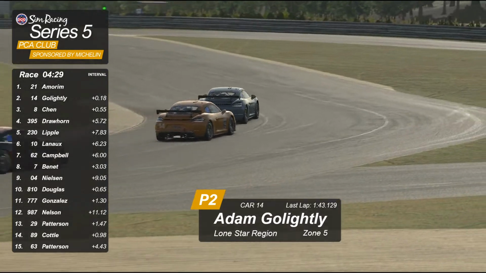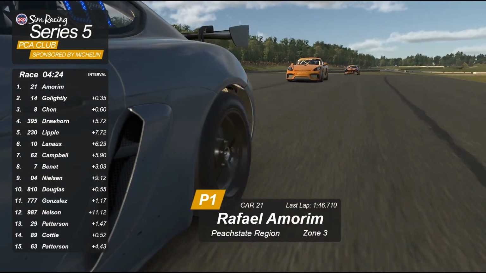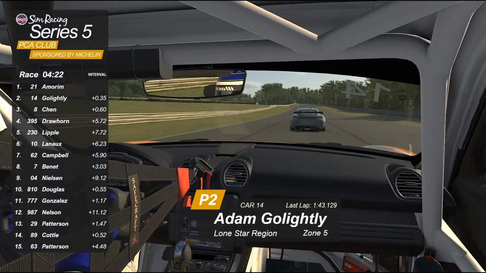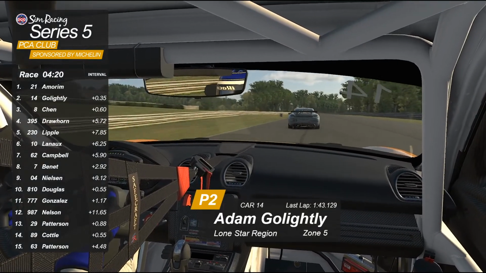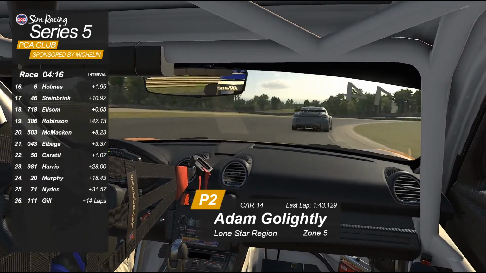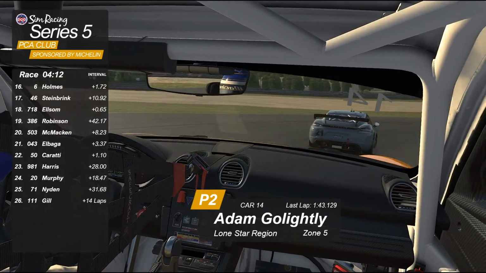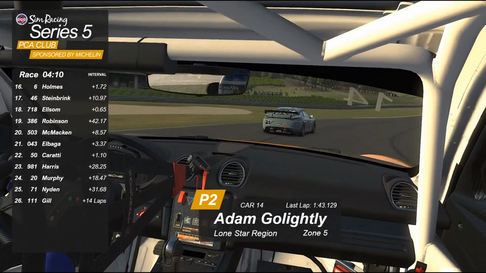He is going hard here in the final laps at Barber Motorsports Park, putting the pressure he needs to put on Rafael in order to make it work for him to take home the checkered flag here tonight. As they come up to turn number 7, they're going nose to tail, braking into the braking zone, hitting the curves, trying to get the cars turned in the right position to set up for corner exit,